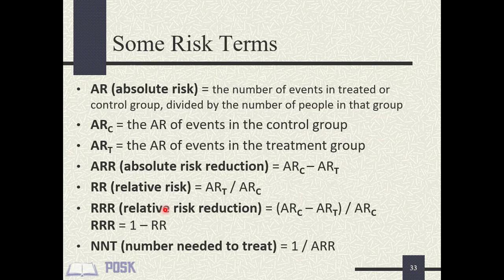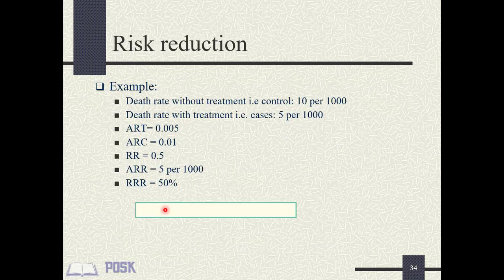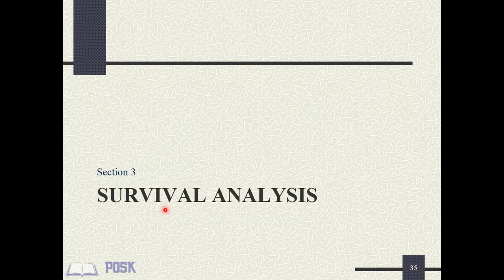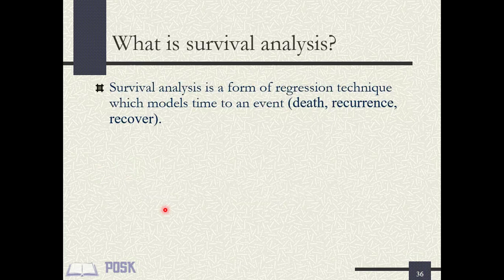This slide shows some terms that are used to describe risks and changes in risks. We will be digging into the nitty-gritty of these terms in future videos in the series. This section covers survivor analysis, which is the third of our objectives. Survivor analysis is also known as time-to-event analysis. We use survivor analysis to study the amount of time it takes before a particular event of interest occurs.